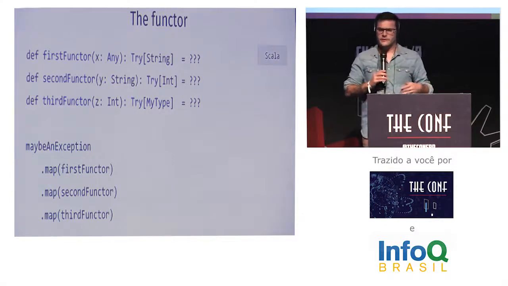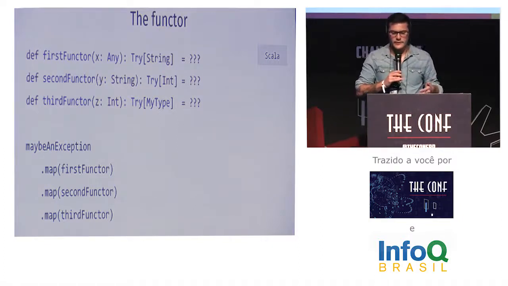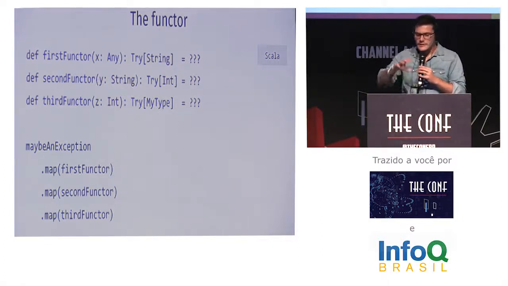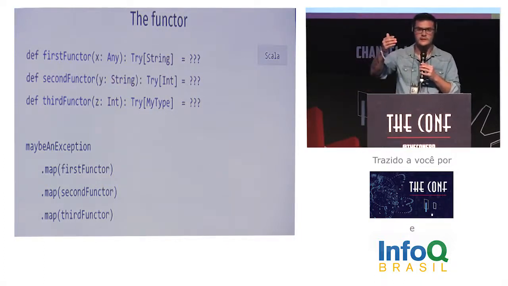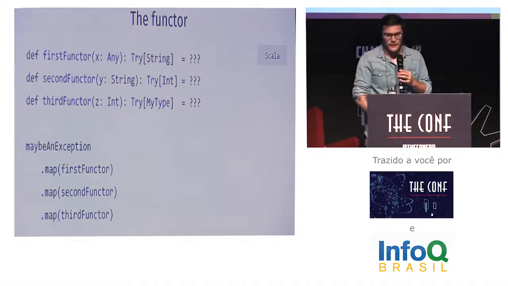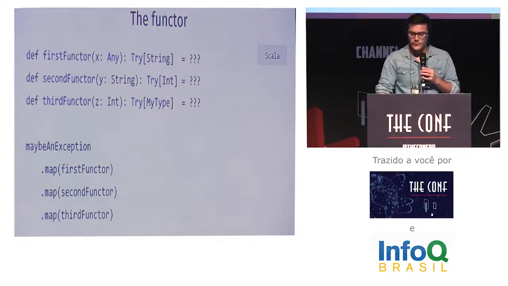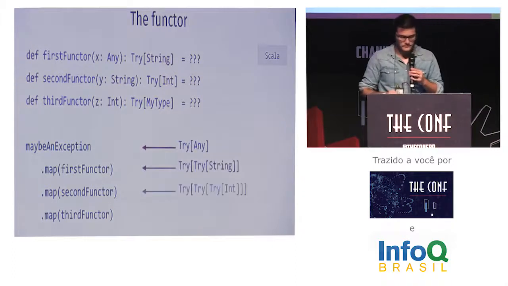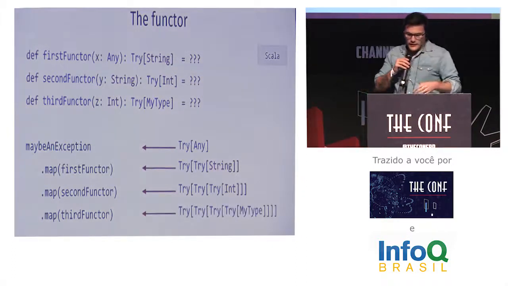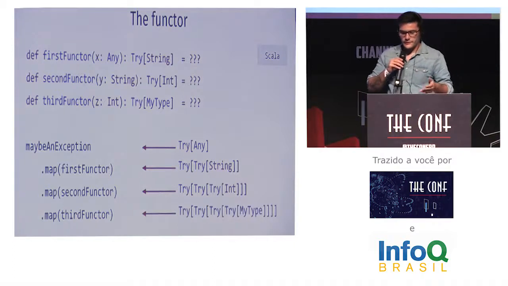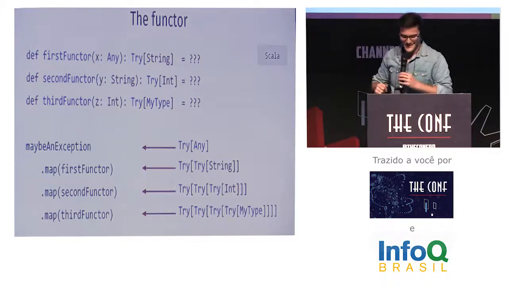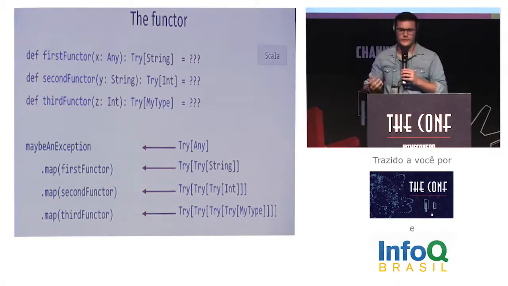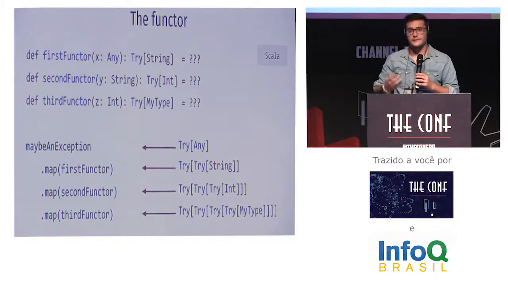Because all these steps can produce a failure, we're going to wrap each one in a try monad, creating an execution chain that will only execute if the last one succeeded, just like the continuation monad. But here the problems arise when we map these functions together. Because of the recursive nature of functional programming, you will end up with a try of a try of a try, turtles all the way down, becoming very hard to interact with what's really important for us, that is the content of the monad.